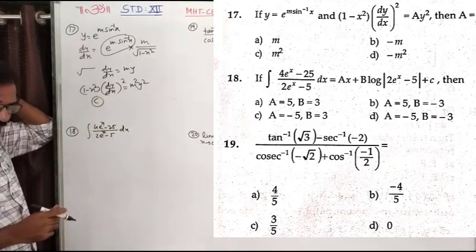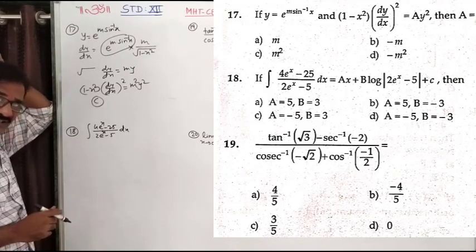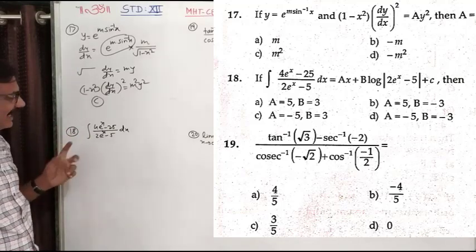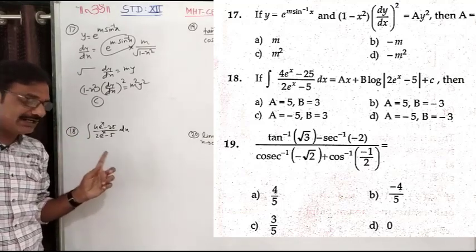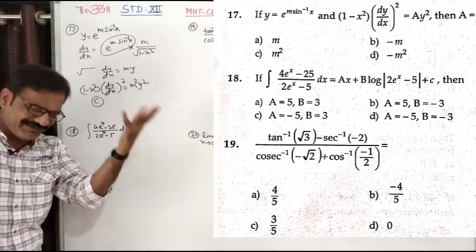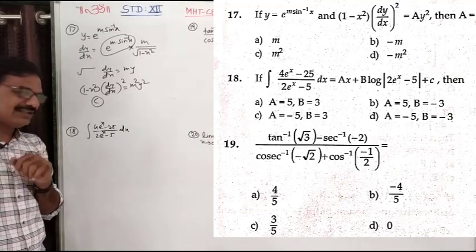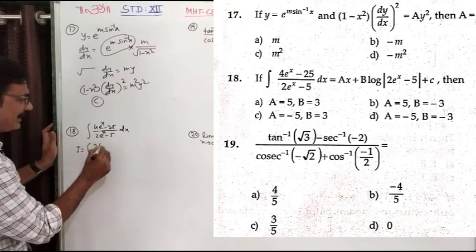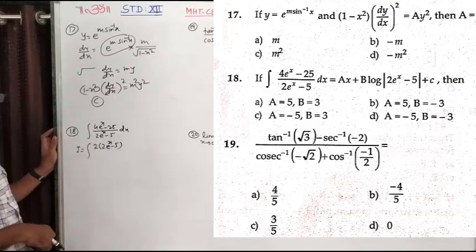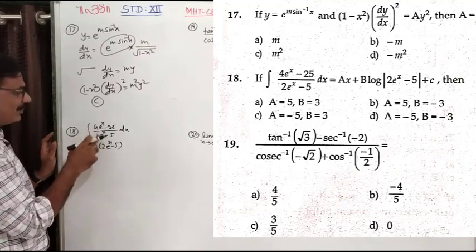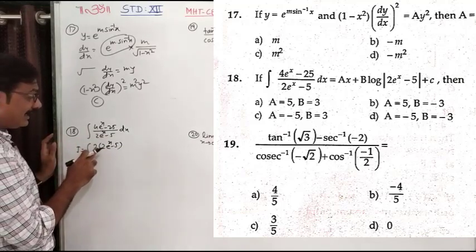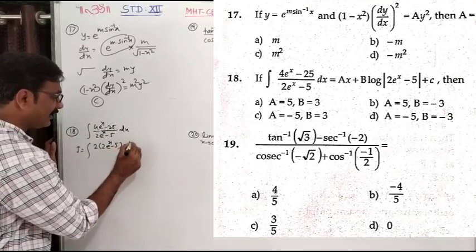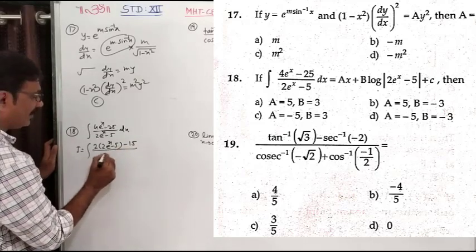You have to think about the evaluation of this integral. There are some adjustments. There are two methods to solve this. Your regular board method is that numerator equals a into denominator plus b into derivative of denominator and so on. No need for that. See it carefully. I just adjust this 2 into like this. So it becomes 4 e raised to x. This is your -10. I need -25. So how much is left? -15 upon this.